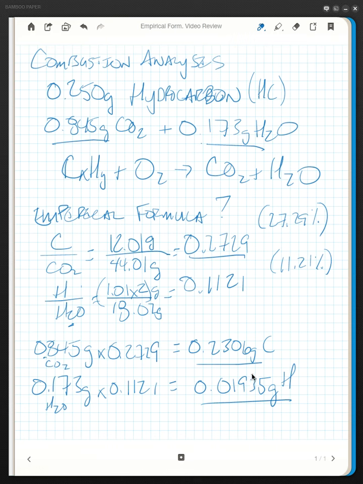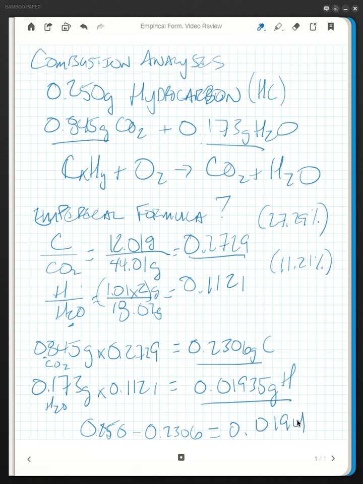And the original sample, interestingly enough, is this 0.250. So really, if we know there's only carbon and hydrogen, you actually could have done 0.250 minus 0.2306, and that gives you a number close enough,